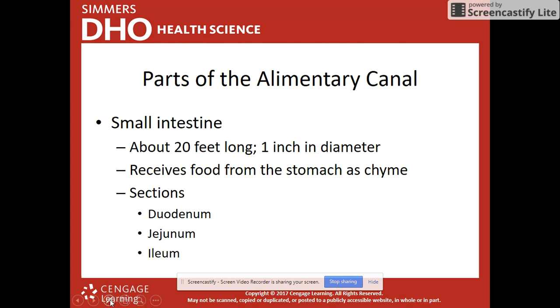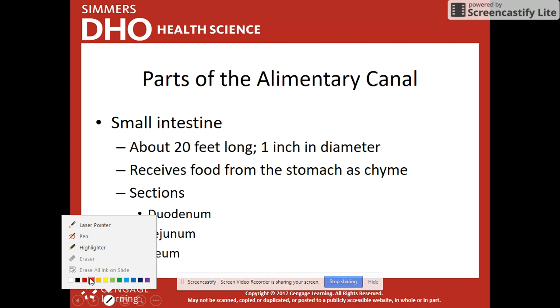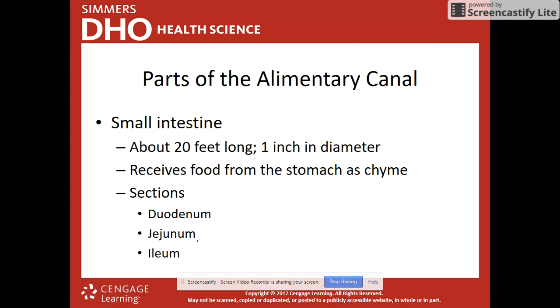Let me see if I can draw that. If you thought my drawings on the whiteboard were bad, you're going to have to deal with this. Okay, so there are little finger-like projections like this along the inside of the small intestine. Okay, so things can be absorbed all through here. And actually, if you were to take the small intestines out and stretch it all the way flat, it would cover up a tennis court. So there's lots of places for things to get absorbed.